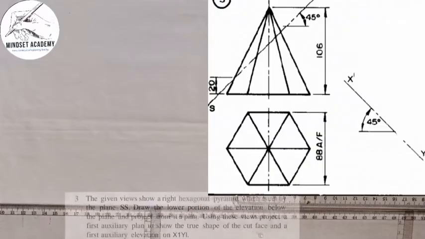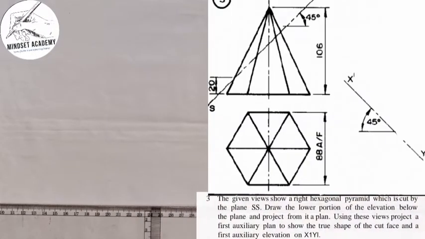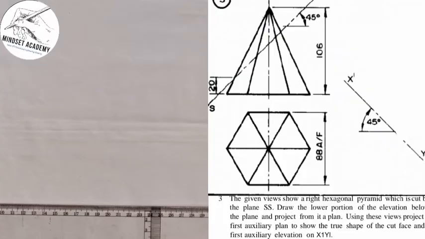It says the given views show a right hexagonal pyramid which is cut by the plane SS. Draw the lower portion of the elevation below the plane and project from its plan. Using these views, project a first auxiliary plan to show the true shape of the cut face and a first auxiliary elevation on x prime y prime